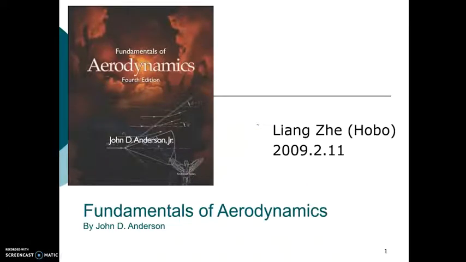So then we begin with the slides on the fundamentals of aerodynamics. These slides are based on the 4th edition of the book, and the slides were made by Liang Jie, and they were sourced from the internet. So this is the name of the person who put the slides together. Any version of the textbook, either the 4th edition or the 2nd edition, should be okay for